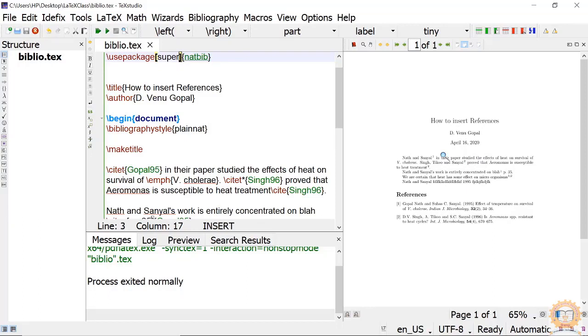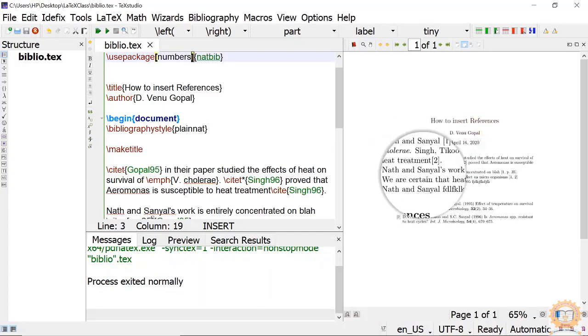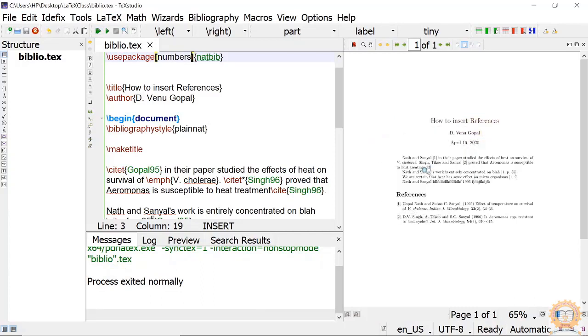Now we use numbers. See, only numbers will come: Nath and Sanyal, number one. This type of numbering will come. These are the main three things. Other things are also there, like longnamesfirst, sectionbib, nonamebreak, etc.